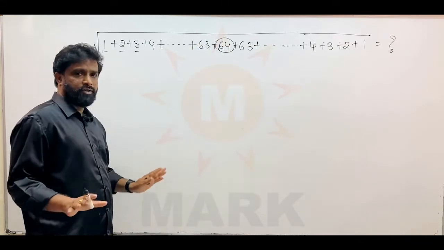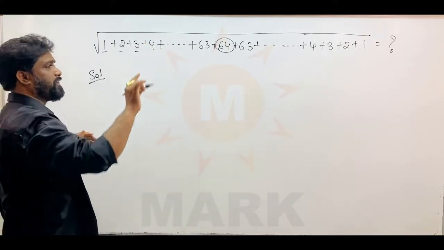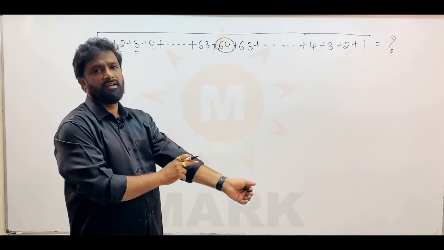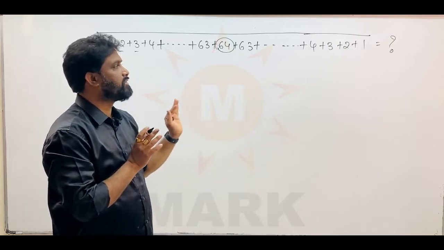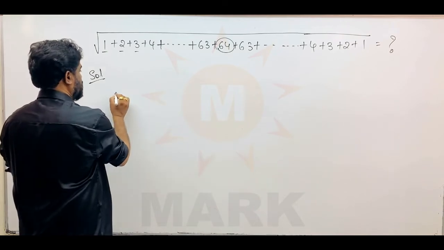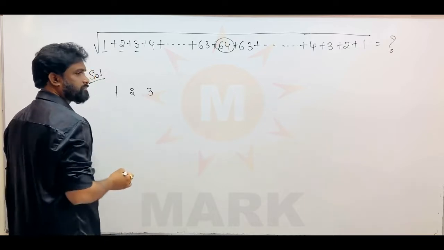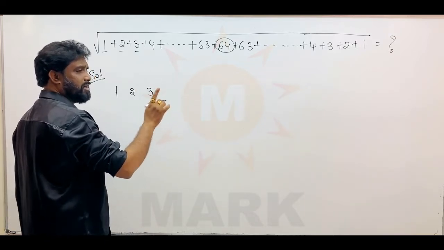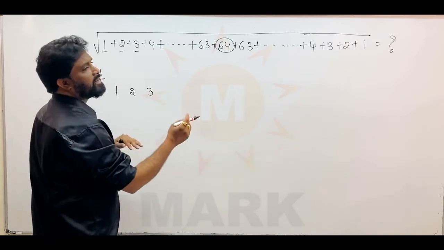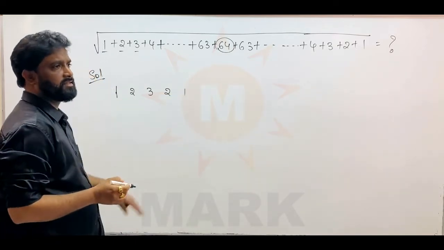So first of all, there are some important points that we should know, because we don't know whether it is a perfect square or a non-perfect square. So that's why there is a concept that you should know before solving these kinds of questions. My dear friends, the concept is: you start from 1 and write the numbers in ascending order, and after reaching a certain highest number of your choice, you again start writing the numbers in descending order, just like a palindrome series.